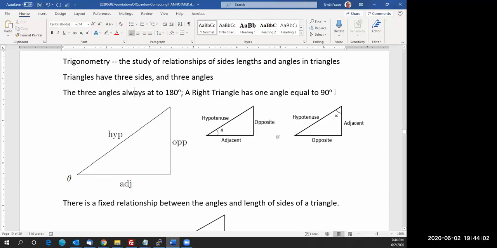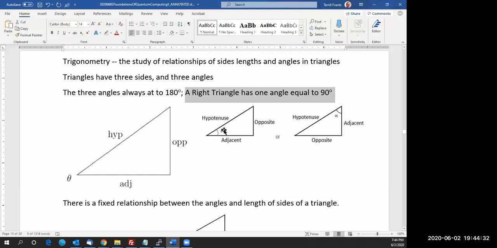A right triangle is a triangle where one of the angles is 90 degrees. And if you think about it for a minute, if one angle is 90 degrees, then the sum of the other 2 angles totals up to 90 degrees. This stuff is relevant as we go, so you'll see. So one thing in trig to be very comfortable with is if you had an angle,